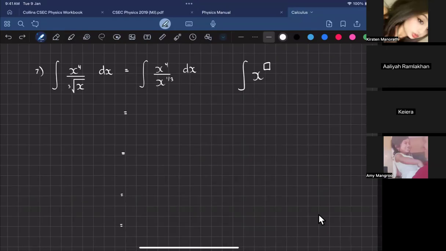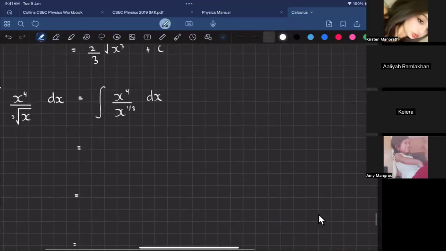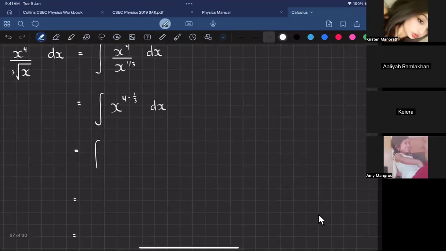Yes, Aliyah, that's correct. That's what you're supposed to do. Good job. And you didn't lose any marks either. You did it by yourself, right? Nice. So anytime we have the same base and you divide, we do the powers, you minus. So we're going to put x to the power 4 minus a third dx. If you minus a third from 4,